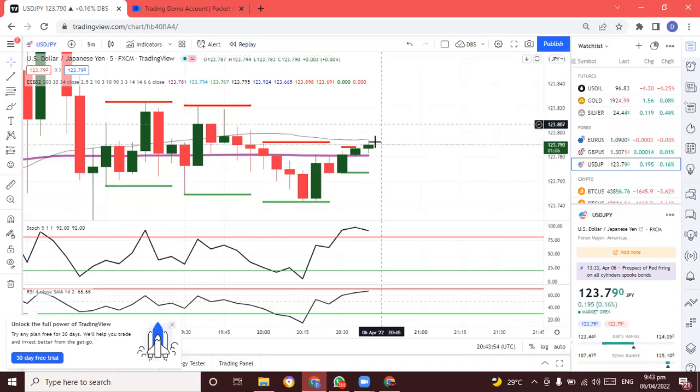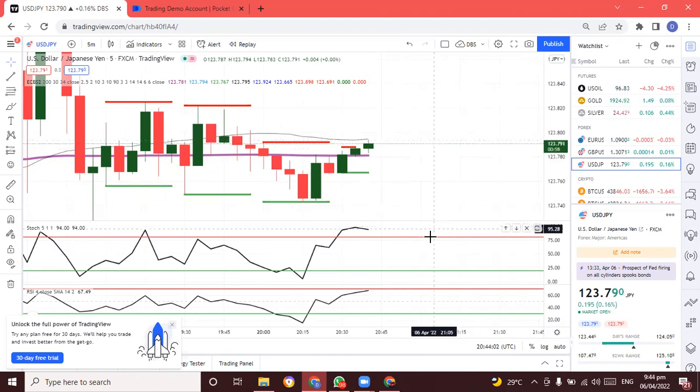So let's just wait. After the close of this candle, then we go in again for a sell. That's how simple the strategy works. Take the trade for 2 minutes, you can take it for 3 minutes, you can take it for 5 minutes, depending on you. You can see